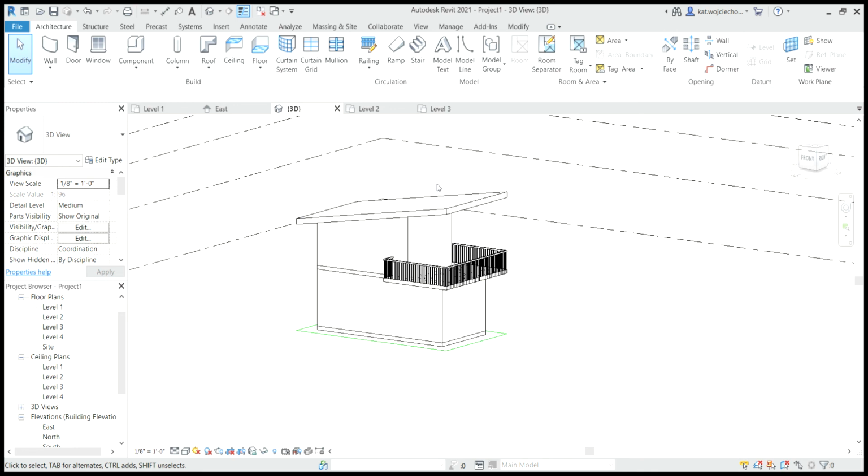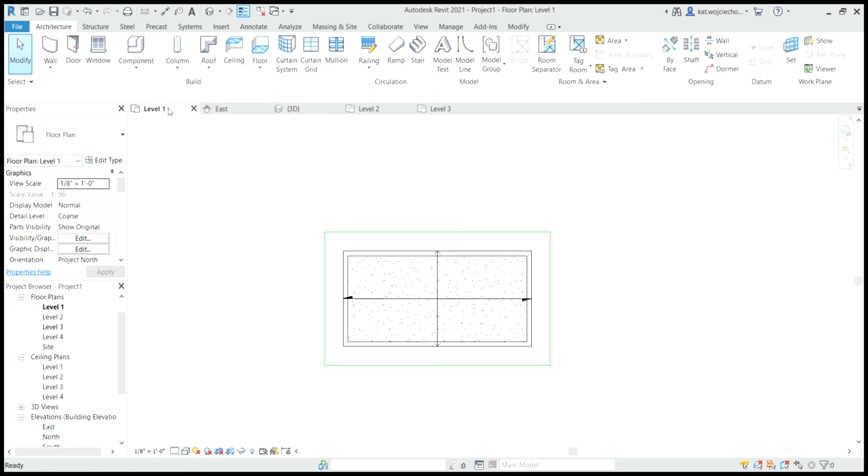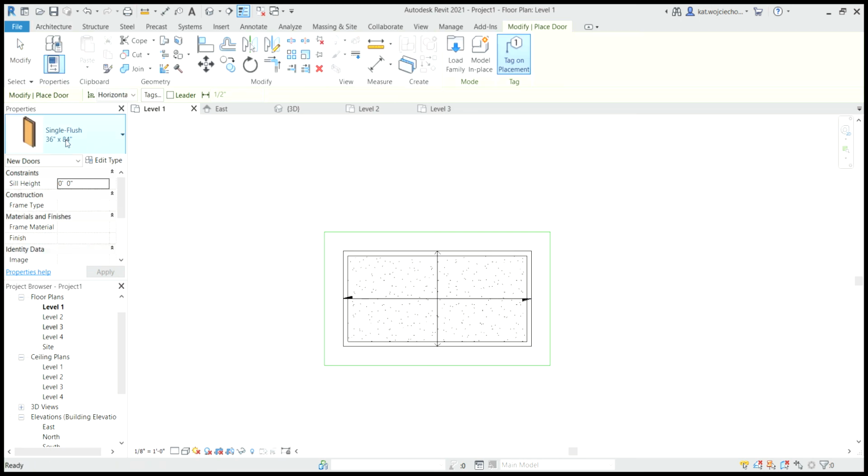If you want, obviously you can go back and add doors and windows. Maybe we'll add a door or a window just to show you guys that. So go to your level 1, go to the architecture tab, gonna get a door in here. That sounds good. Alright, put that door right somewhere in the middle there. There we go.